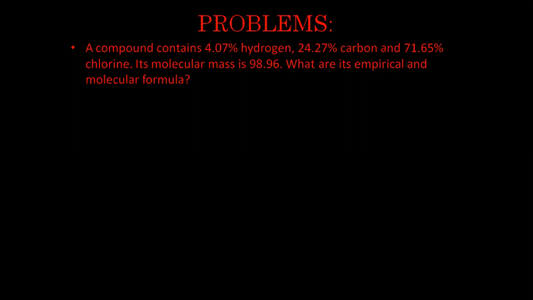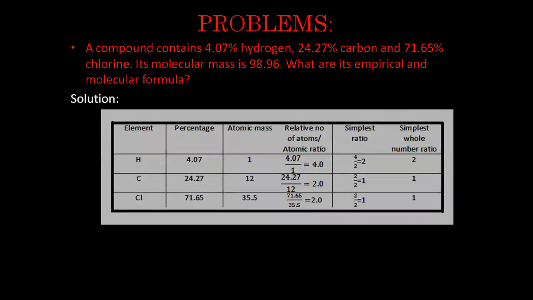So how should we proceed for such kinds of problems? There are many ways of solving such problems. One of the simplest ways of doing it is by drawing this particular table. It becomes very simple to understand from this table. What they have basically given us is the element and the percentage. Atomic mass, we have to know. So once we know these three things, which will either be given or the atomic mass may not be given,